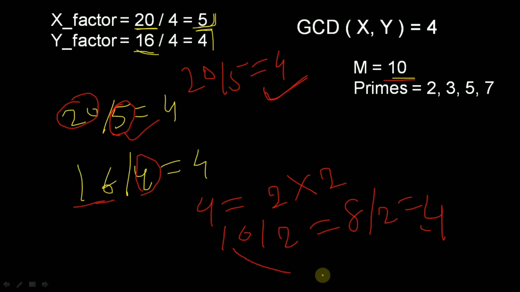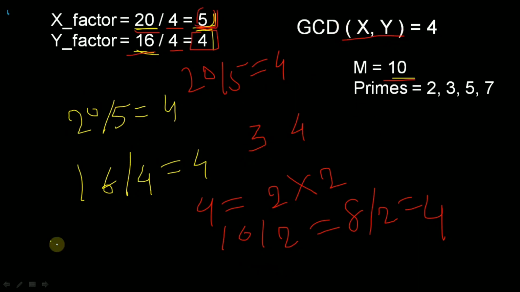That means from 16 to the 4th floor we will take 2 seconds, and from 20 to the 4th floor we will take 1 second. So the answer will be the total time it will take to meet, that is 3, and the floor number we have already found from here, that is GCD of x and y, that is 4. So how will we find the time? Whatever the values of x factor and y factor are, we will find the factors of them in primes. Okay, so 5 is also a prime, so we don't need to find the factors of primes because it is already satisfying the condition, that is rule 1.